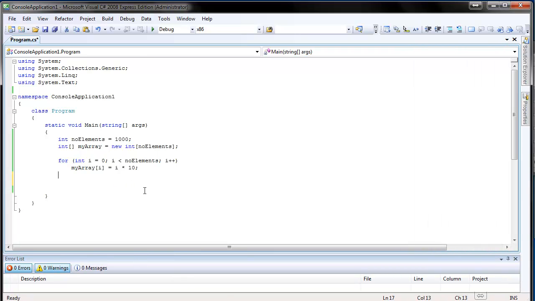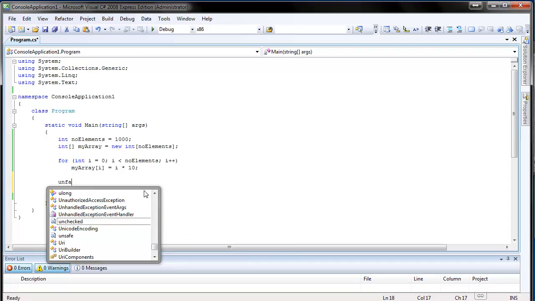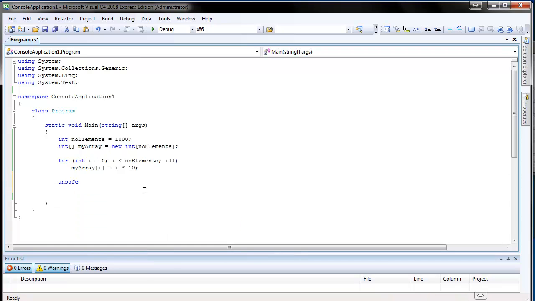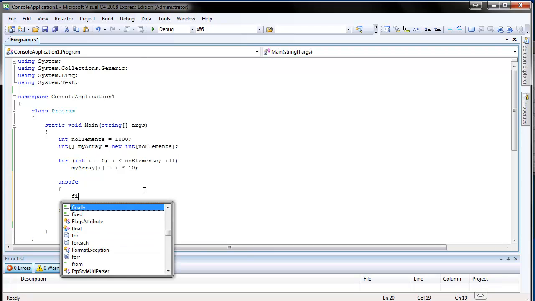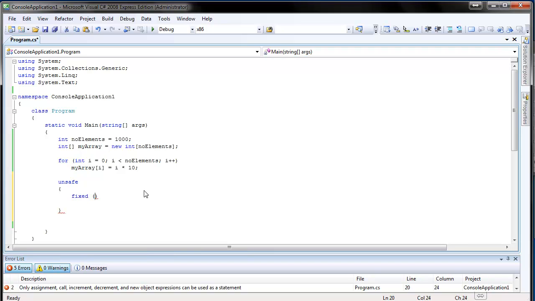Okay, but it's not that straightforward because that class uses pointers, and pointers are not a native type of C#. So we have to do the following. We must type a block called unsafe, just like this. And in unsafe, you must define the pointer. So it will be called fixed. And now define a pointer to the array,